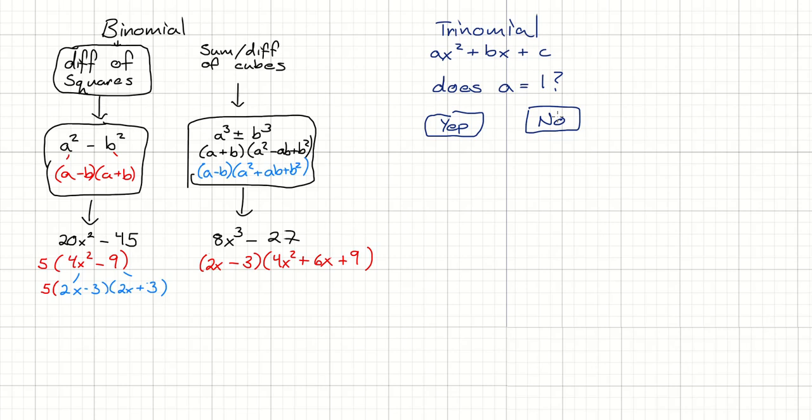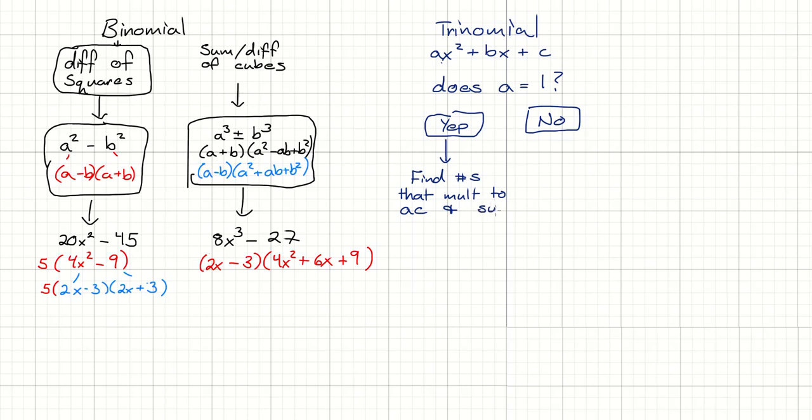Okay. For the shortcut, there's a bunch of different ways that we can word this. I'm going to try to be as few words as possible where it still makes sense. If A is 1, I don't want to just work an example yet. We're just going to write the following. Find numbers that multiply to whatever A times C is